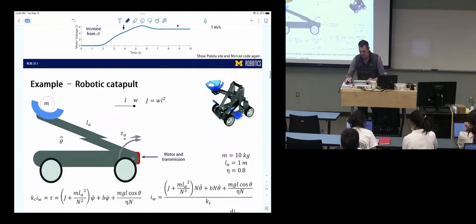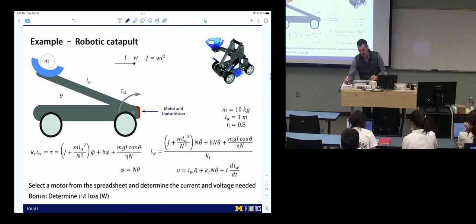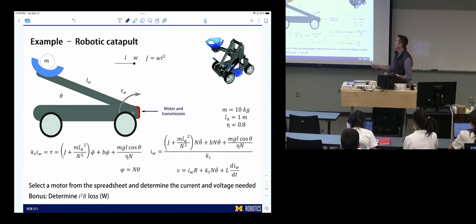And then we wanted to do an example, and this example follows the exact same process. Let's say we wanted to build a catapult robot, and we're thinking to ourselves, okay, if I want to build a catapult robot, what motor should I use? So the way we did this was we determined